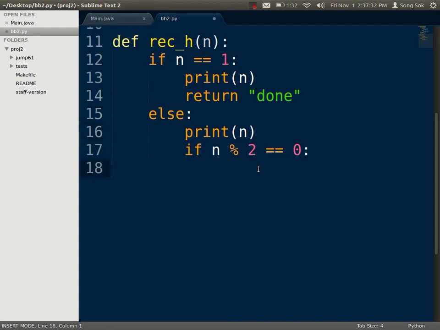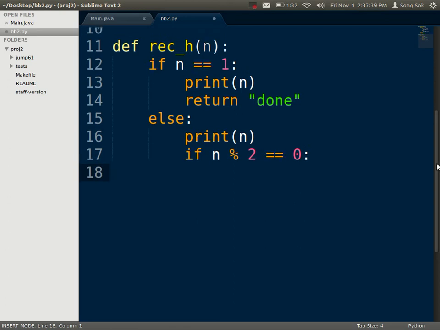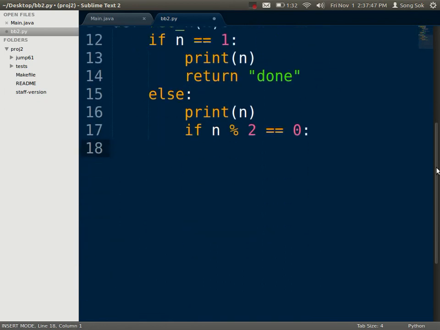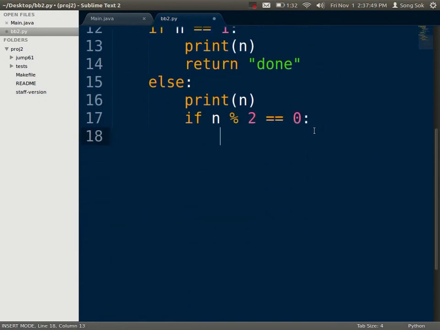Because remember in our iterative case, the first thing we did was print n. So before we get to our if and else, we can just print n. And then it'll update n as it goes along. Okay, so if n is even, then we can